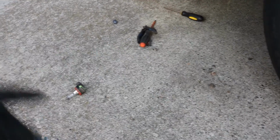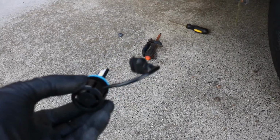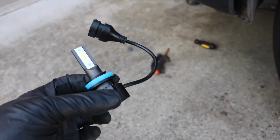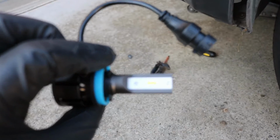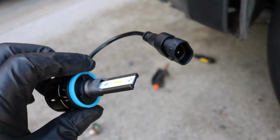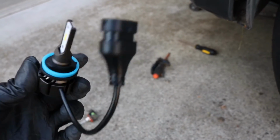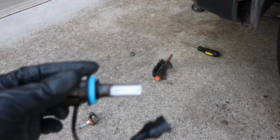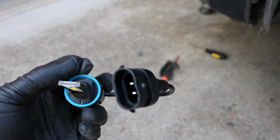Okay, so as you can see, got my old bulb out right there. I'm going to go ahead and toss in the new FlashShark LED. These things are really high quality. So as you can see, the connector is the same. Obviously, it's not integrated into the bulb. This just has a little pigtail wiring, but that doesn't matter because you'll still just plug it in the same way. And then the base of the bulb still has the 3 prongs in it,